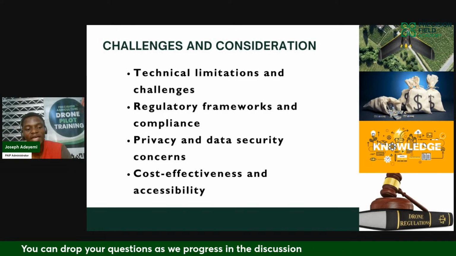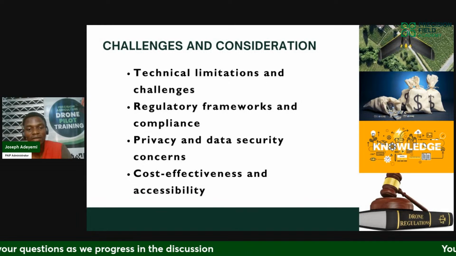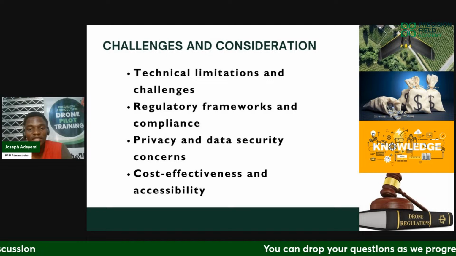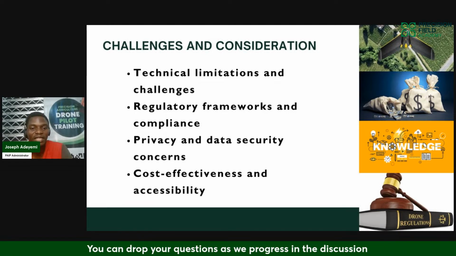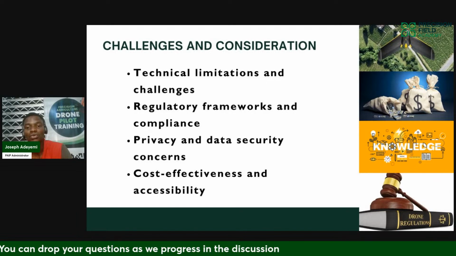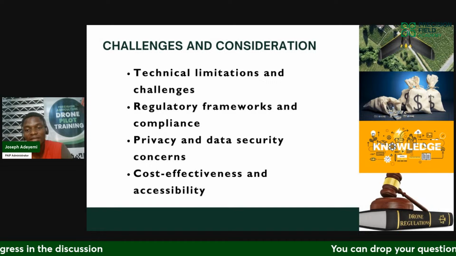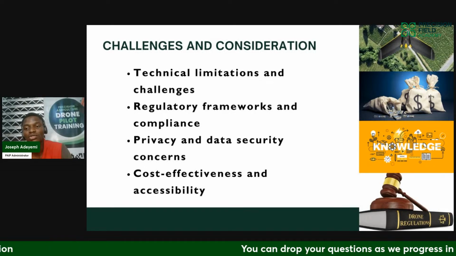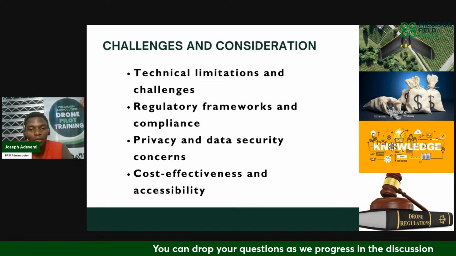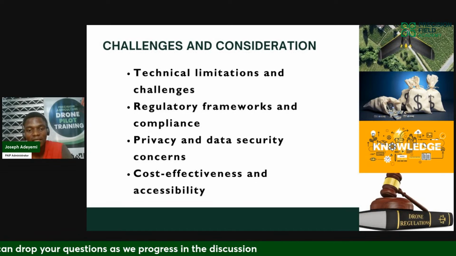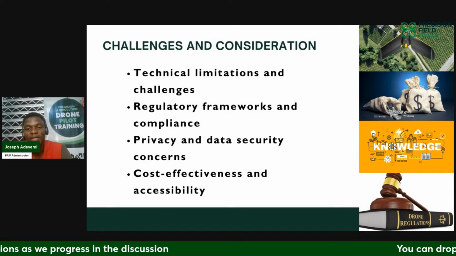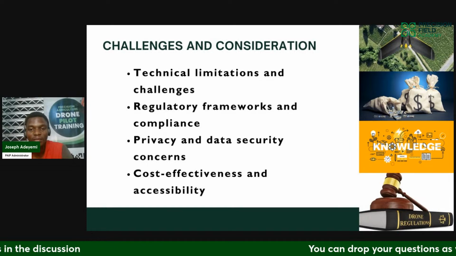Challenges people may have are that this technology is still new and people need to be informed about it. This is part of what we are doing at Precision Field Academy: to educate people, bring this awareness about this technology to them, so they know that it actually exists, and they'll be able to see the potential and the benefit it can give to them. So the place of knowledge is very, very important.